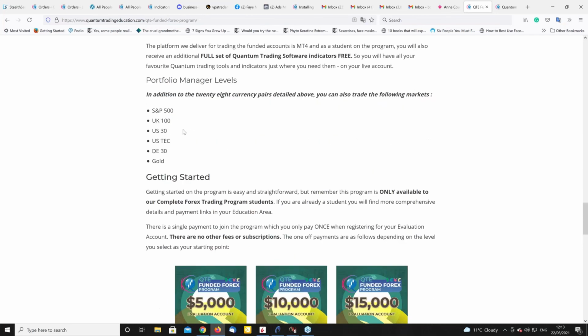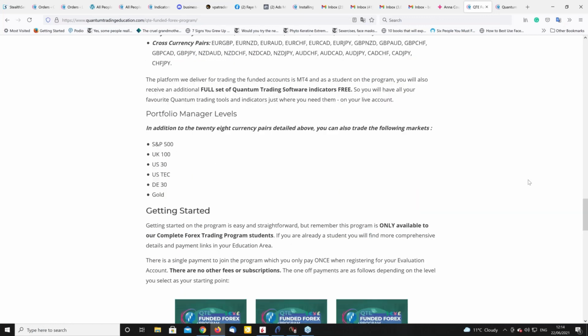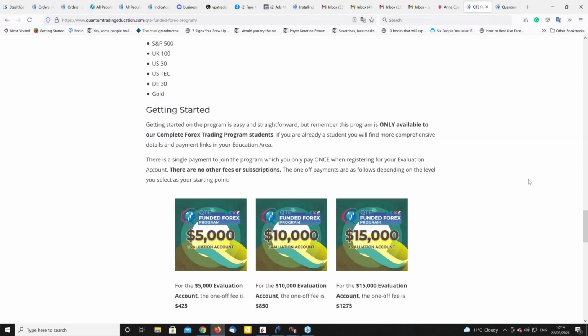In addition, you can expand your repertoire from the currency pairs into the indices. You've got the DAX, you've got the US indices, and also UK, and also gold. So you can then trade those markets as well. Once you start at that level, you start earning on a monthly basis. So you get a monthly rebate of profit, paid at 50%. As you trade your way up, we double the account. If you start at 15, you go to 60. Then we start to double, so you go 60, 120, 240, right the way up to 2 million.